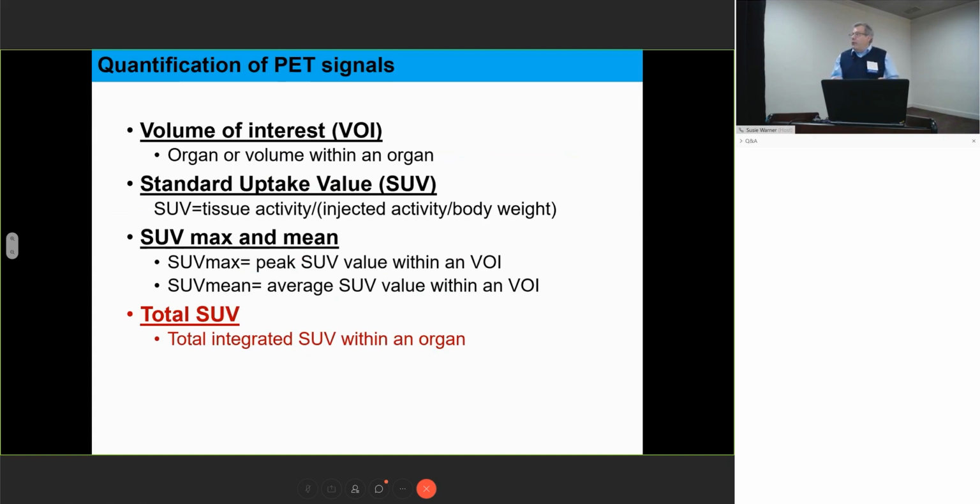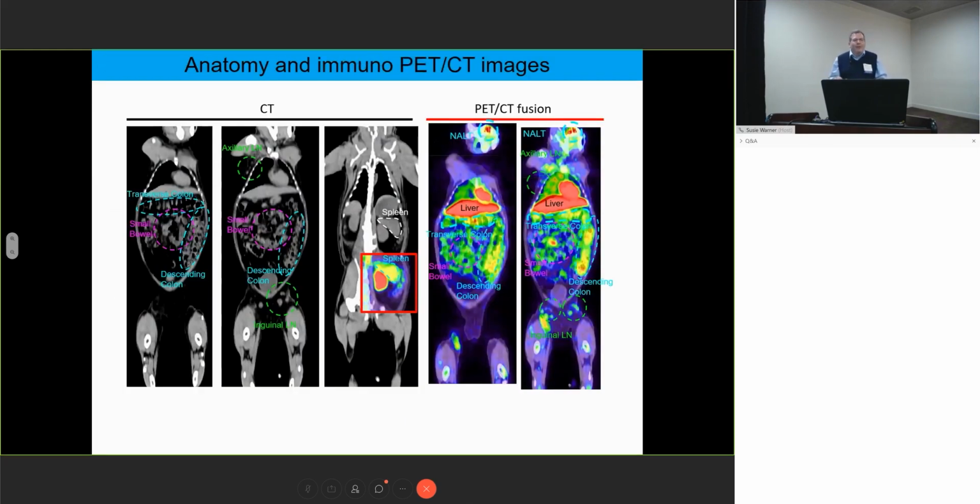In general, though, what we've been finding is that we started in the same place because our paper was reviewed mostly by cancer folks, to be perfectly honest. So we used the same metrics. I don't think it's really the best metric anymore, and I'll show you an example of why I think using total SUV, which is the total integrated SUV signal within an organ, is really more applicable. But if we had started there, I probably would have gotten yelled at by reviewers. So we went with what they were looking for.